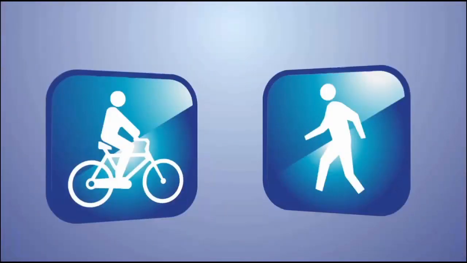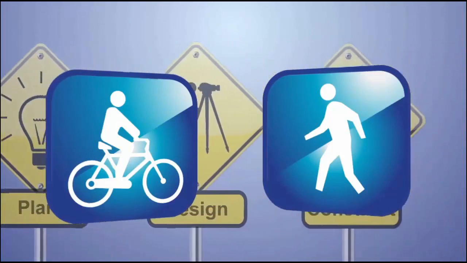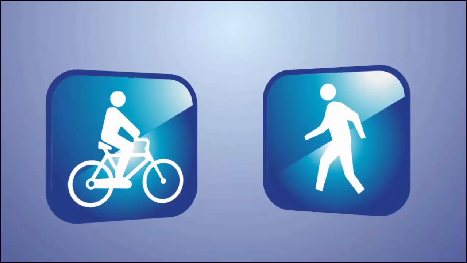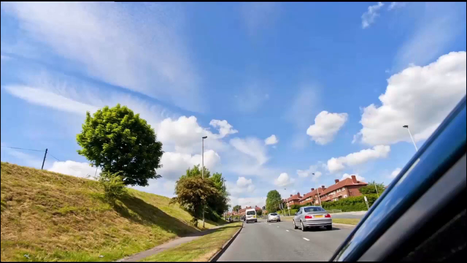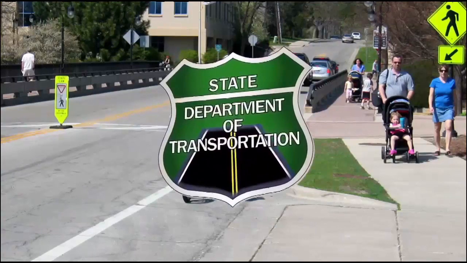Providing bike and pedestrian facilities will allow people of all ages and abilities to walk or ride more often to more places and be safer while doing so. As you plan, design, and construct your federal aid projects, consider how you can accommodate walking and bicycling to create a low-cost transportation choice for all citizens, regardless of age or ability. Your commitment to investing in bicycle and pedestrian facilities helps meet goals for cleaner, healthier air, less congested roadways, and safer, cost-efficient communities. If you have questions about bicycle or pedestrian requirements for federal aid projects, contact your state DOT for help.